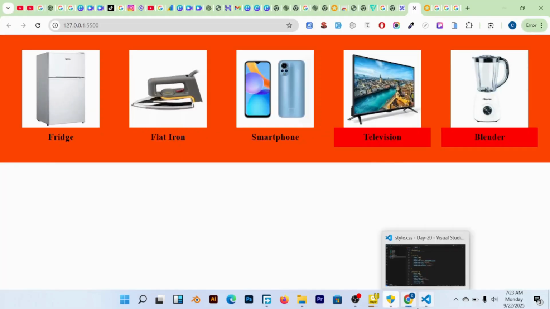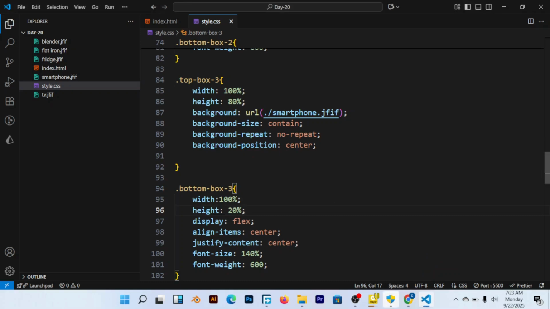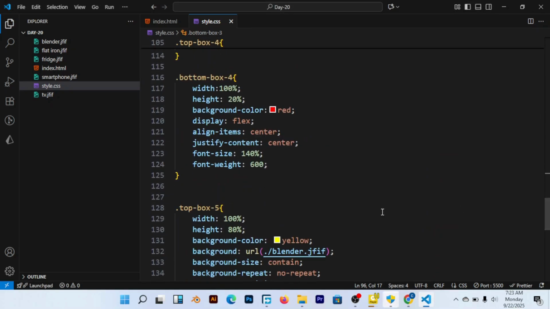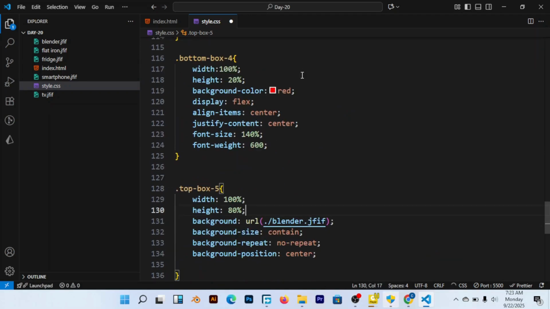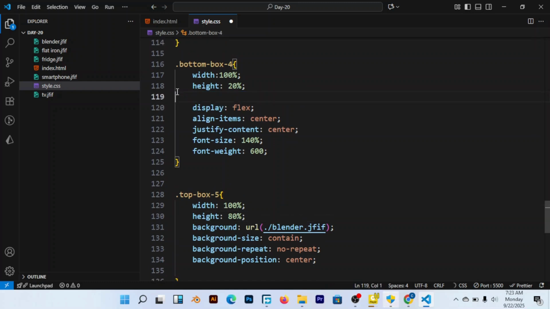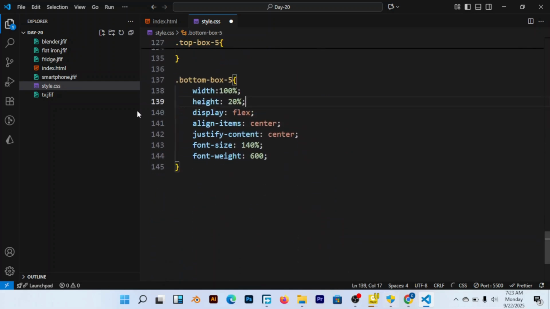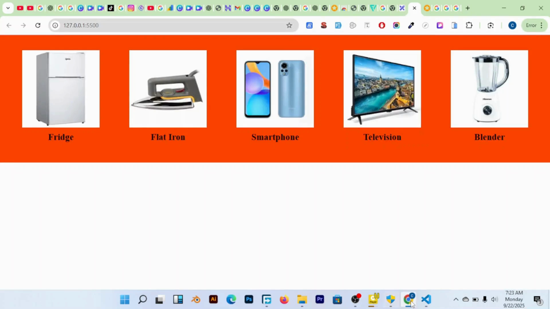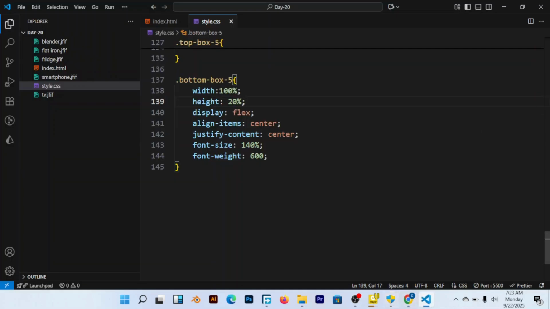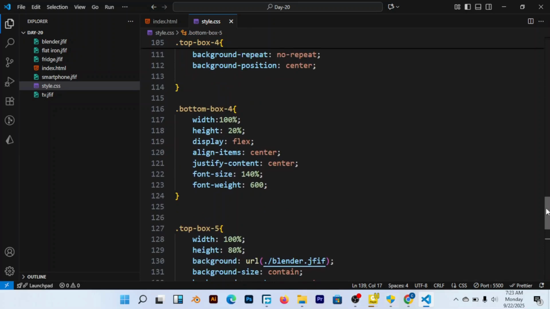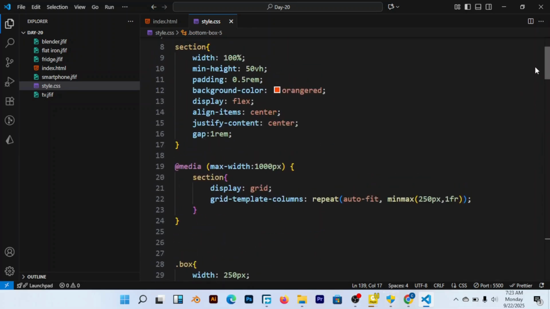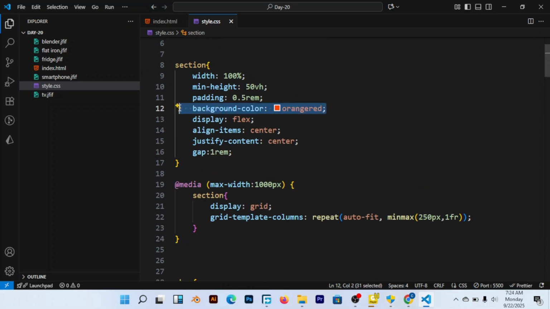Okay, so it looks like this. I'm removing all the colors. Television, even here, I'm removing the color. Even here, I'm removing the color here. Okay, so I am moving through it. Even here I remove the color. Okay, so it looks like this. That's how my cards look like. So even if I come and then I remove the overall color, which is orange red here,